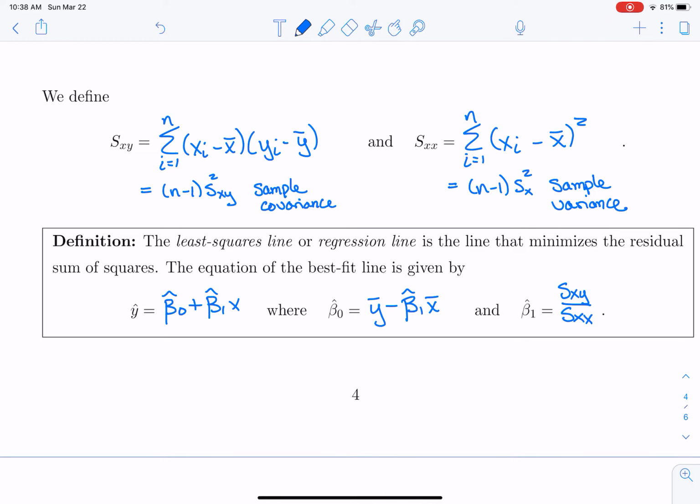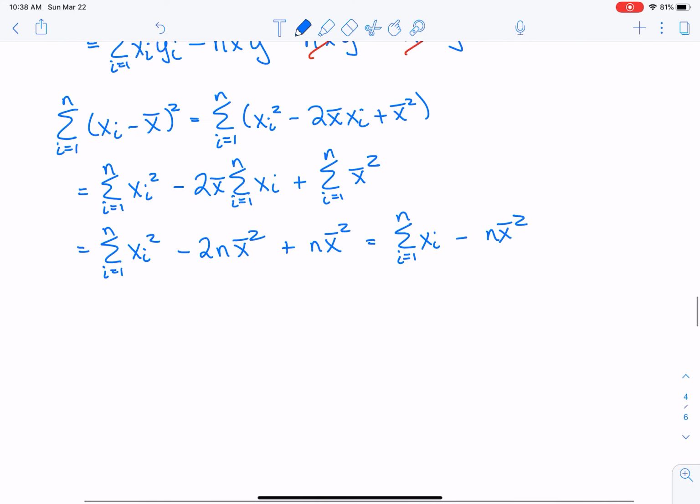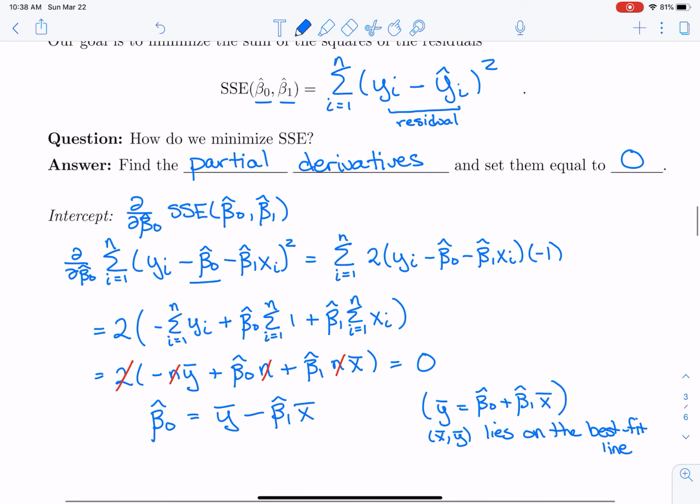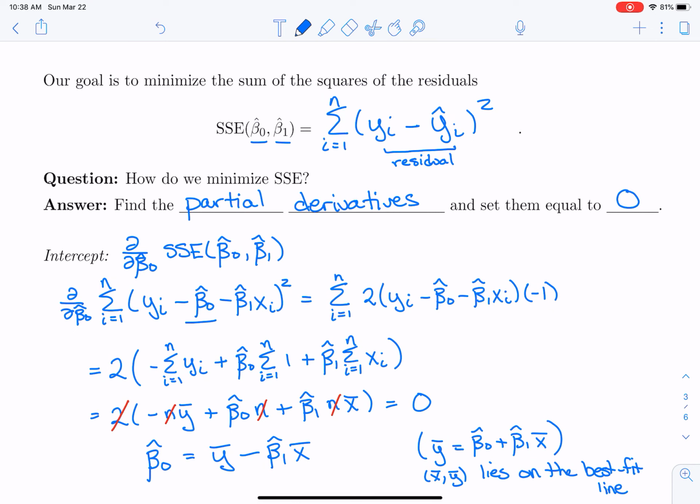So just to review what we've done, let's go back and look at it. First, we defined what the sum of the squares of the errors was. And then we said we're going to take the partial derivatives and set them equal to 0 so that we can minimize that. And I want to point out one last thing that I haven't talked about yet, and that is why is it that the critical point is a minimum and not, say, a maximum, or neither? This is something that you can show using second derivatives, but I just want you to see